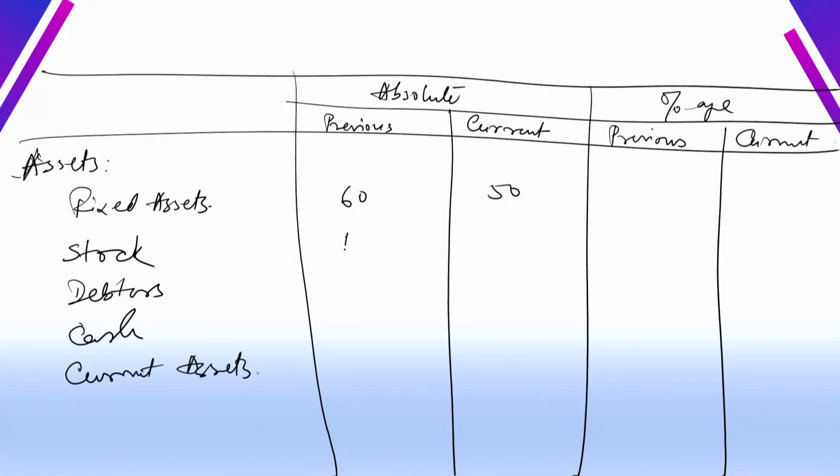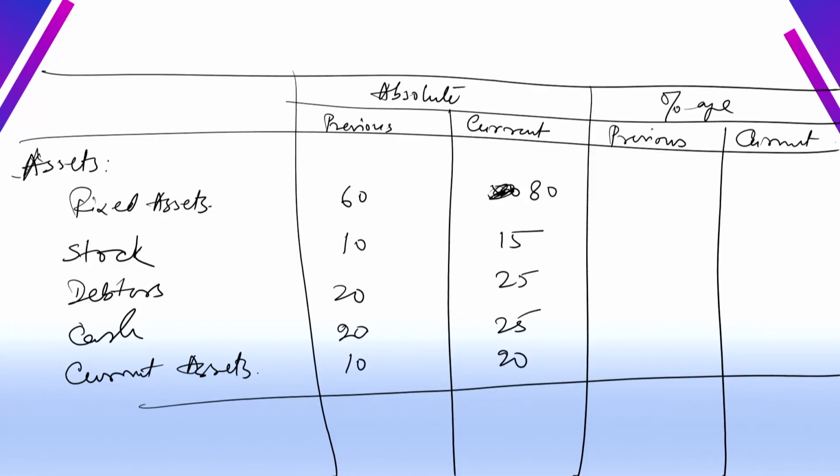Stock 10, 20 for the previous year and 25 for the current year, again 20 for the previous year, 25 for the current year, 10 for the previous year and 20 for the current year. So its total will come around 1,20,000 and 1,65,000. As we know, this is a balance sheet, so both the assets and the liability sides should be equal. Now same process, how much percentage is fixed assets,